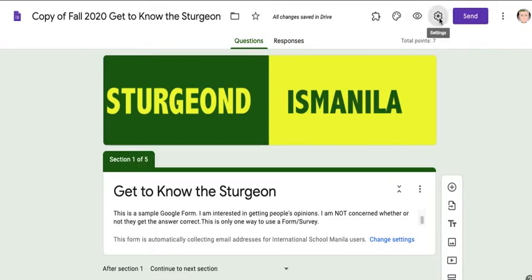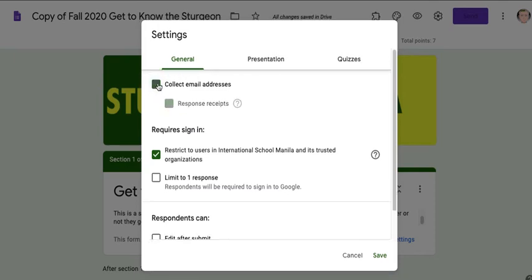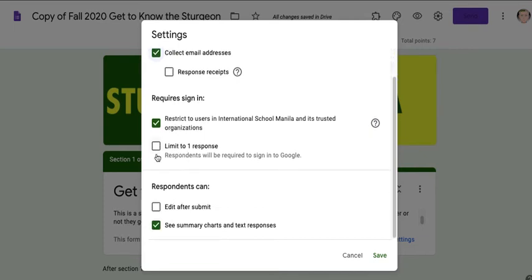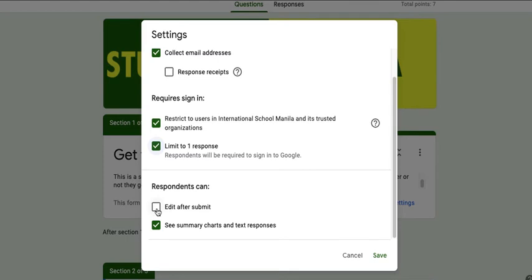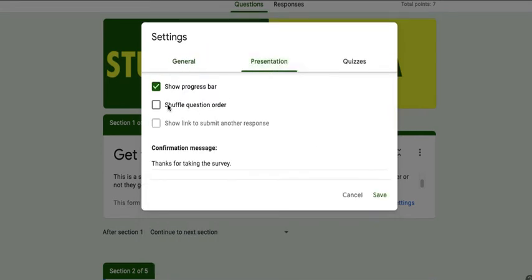Near the send button, underneath the settings button, you've got general. So here, do you want to collect their email? I'd keep it on, in case you didn't put a who-are-you question. Can they do it multiple times or just once? Probably just once. Can they change their answers later? Up to you. Do you want them to see everyone else's answers and overall results? Up to you. Presentation. I wouldn't shuffle the questions unless you know what that does,